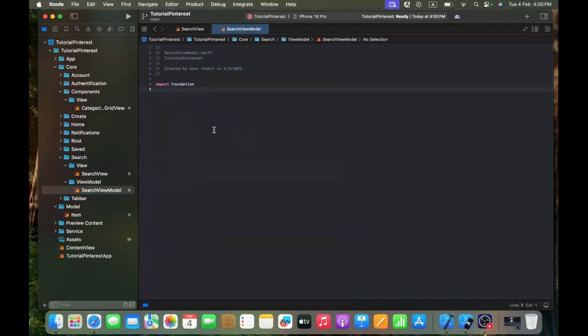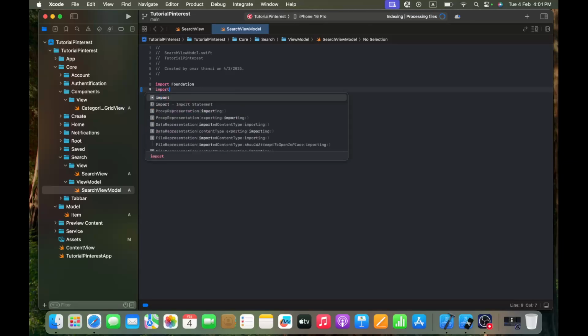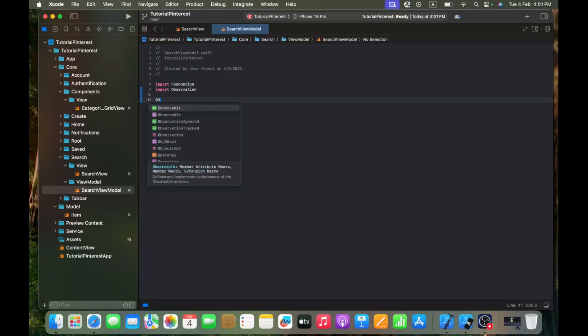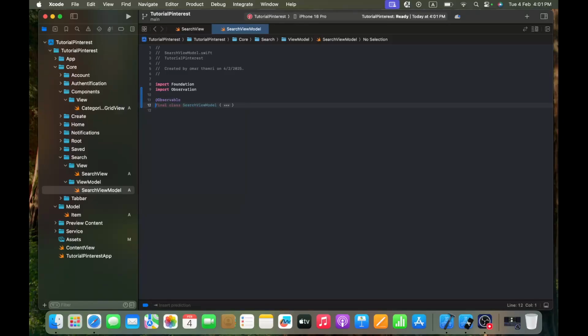Okay, which is perfect. And first thing, we will need to import Observation, because we are going to use the Observation framework. We won't use ObservableObject as I did, for example, in my previous videos or previous tutorial series. Okay, we will start with @Observable and our class SearchViewModel,